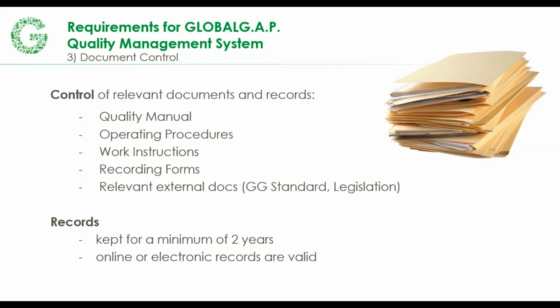There are operating procedures for when inspections are conducted and when the quality management system is reviewed. Any work instructions are documented. There are recording forms. I want to be careful here to say that recording forms that are unique to any individual producer in the group are completely fine. So for example, maybe a requirement is that every producer has to have some sort of pesticide records because it is required in the GLOBALG.A.P. checklist.